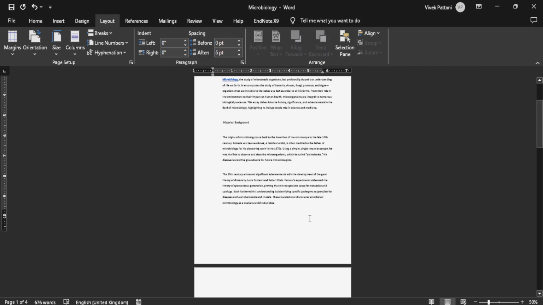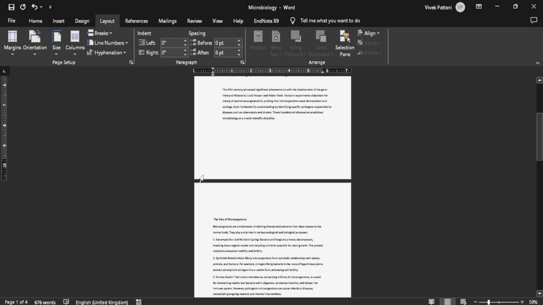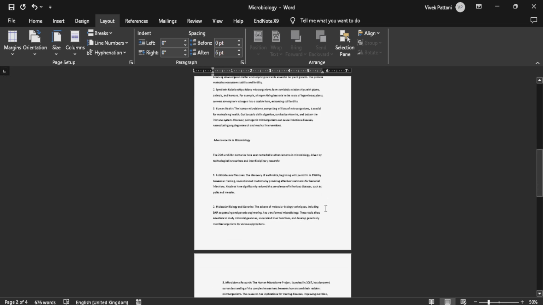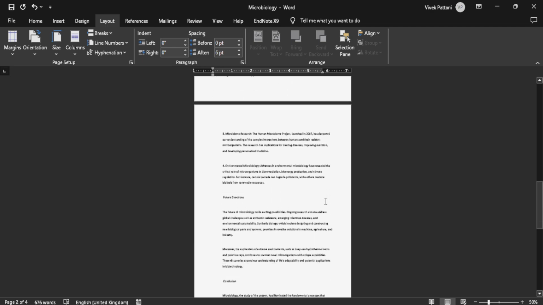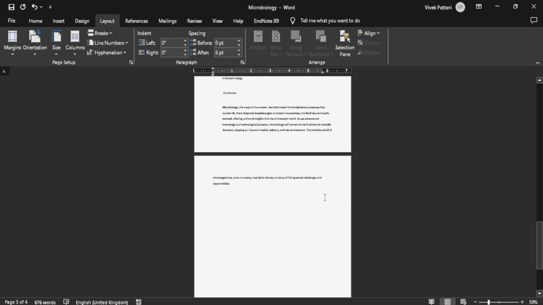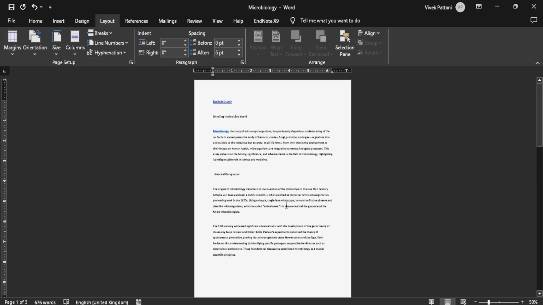and click on OK. Now you can see in this case the margin is more here, but in the next page the margin is more here. So this is how mirrored margins work. So when is this useful? If you are going for two-sided printing, at that time this type of formatting will be useful. Now if you are going for one-sided printing, you can just select 1 inch on each side,